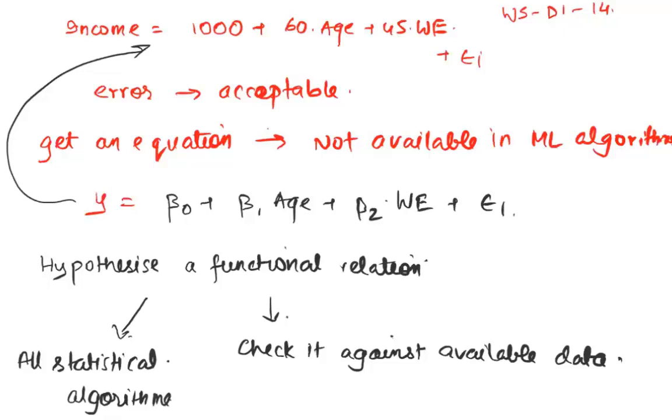work like this. In a machine learning algorithm, there's nothing that you have to do about a functional form. You just pass age, work experience, and income to the model, and the model itself figures out what kind of relationship it wants to map between these three features. So there you don't have to assume. There's no initial assumption that this is the hypothesized functional form, and I want you to check against it. That is not how a machine learning algorithm works.